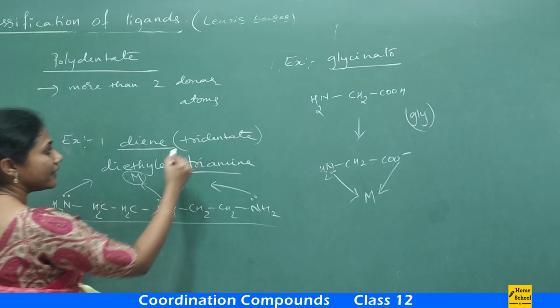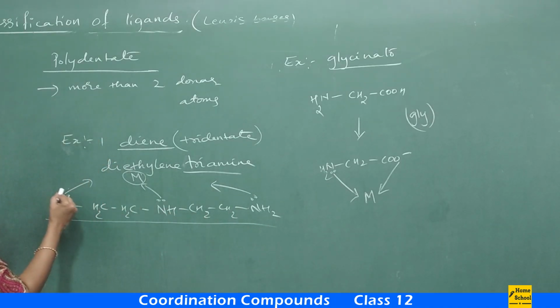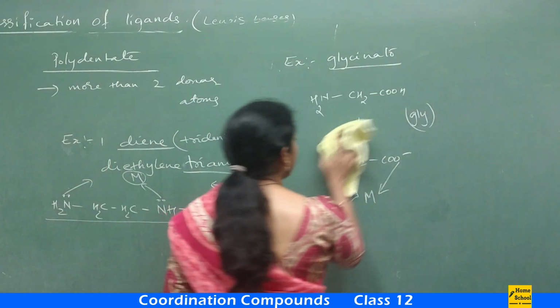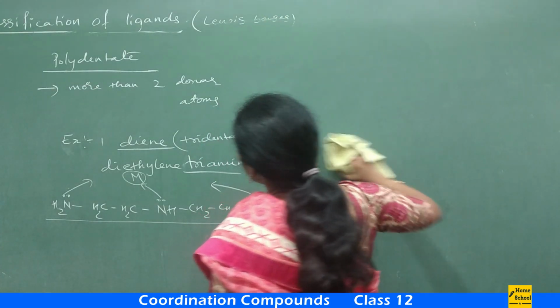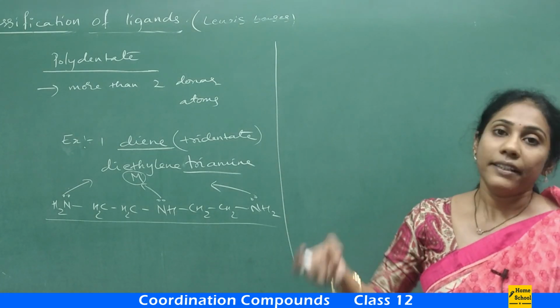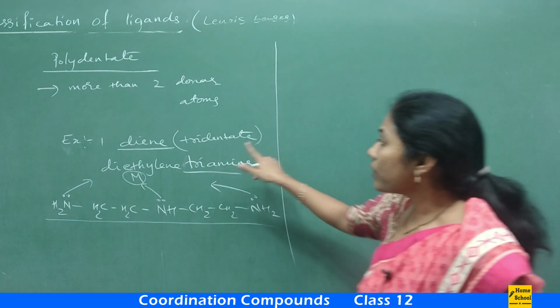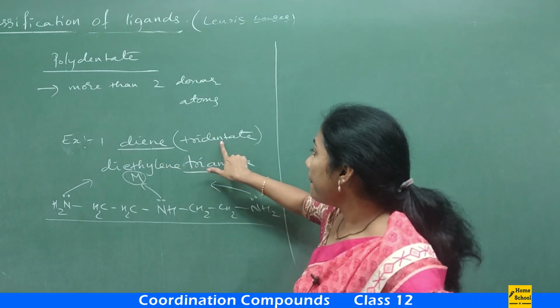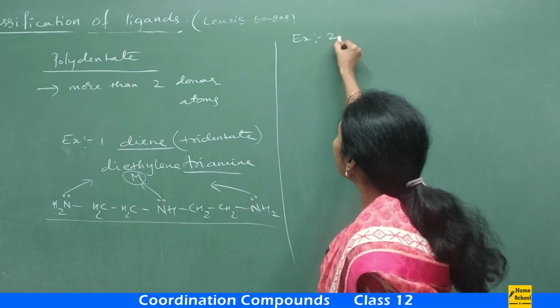Tridentate in the sense 3 donor atoms you will find in a single ligand. I mean 3 coordinate bonds that can be formed from a single ligand is called a tridentate ligand. So this one can be an example of a polydentate ligand. Polydentate ligands can be tridentate, tetradentate, hexadentate, pentadentate and so on. So this diene is an example of a tridentate ligand. Likewise, look at the second example I am giving you,